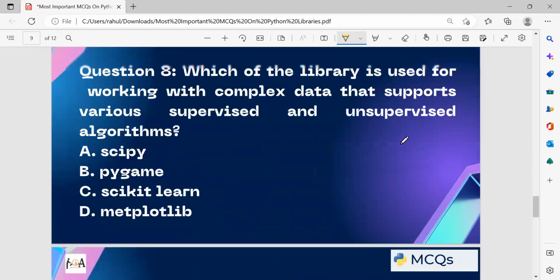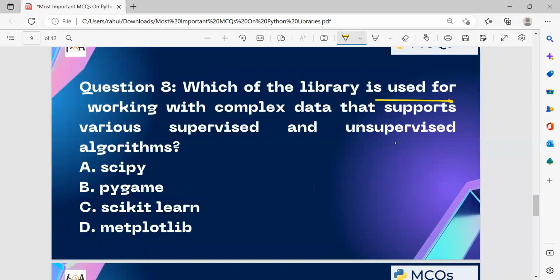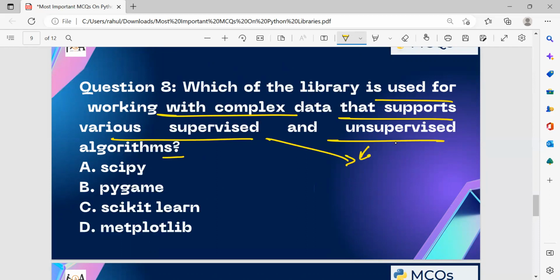Question number 8. Which library is used for working with complex data that supports various supervised and unsupervised algorithms? What is the library used for working with complex data that supports this?